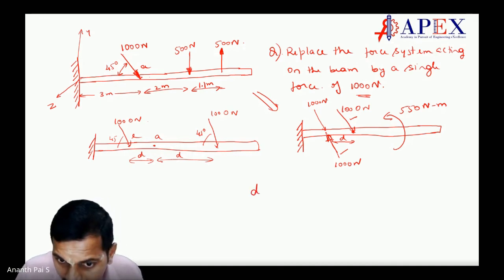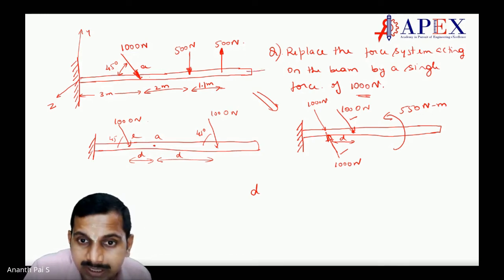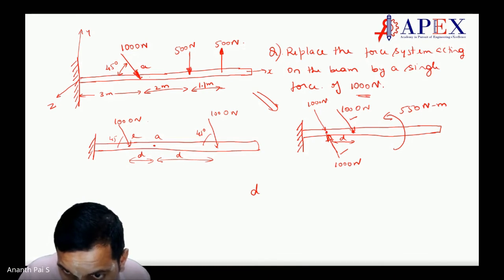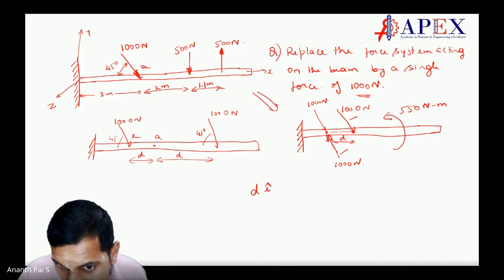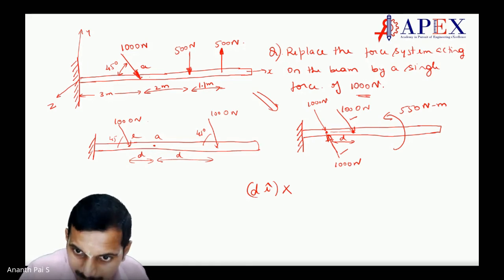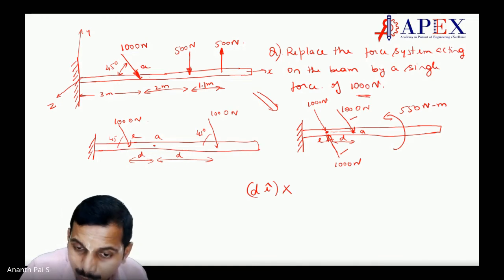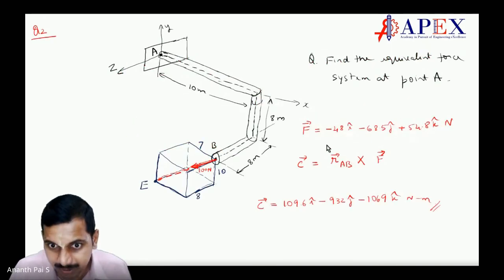D into I, because this is the x direction. Observe, from the point where the force is acting, it is di, correct? Di crossed with, not minus di crossed with, because it is E, this is A. From the point where we have to take the moment to the point where the force is acting, that is the direction we have to take. We have taken always, observe here.